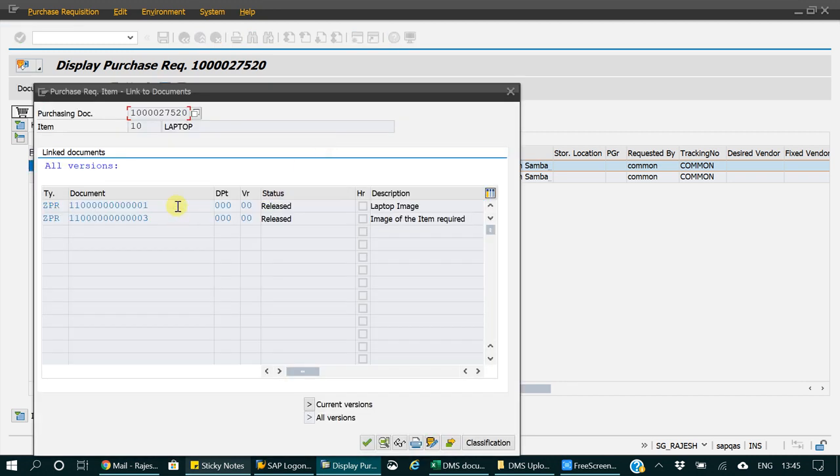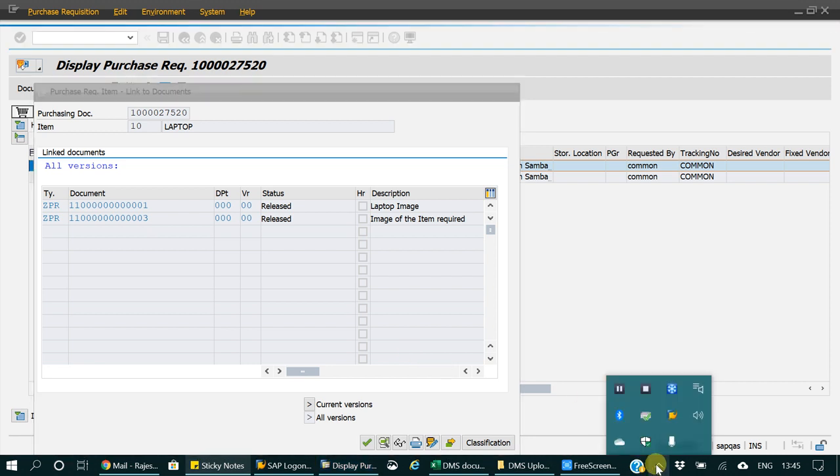You can see there are two documents attached here. The second one which I have attached right now, earlier one we have tested earlier. So suppose I want to see this particular document which I have attached, document number 11, number 3. We have to select this particular line and we have to click on this display originals icon, and then it will open the document which I have attached here.